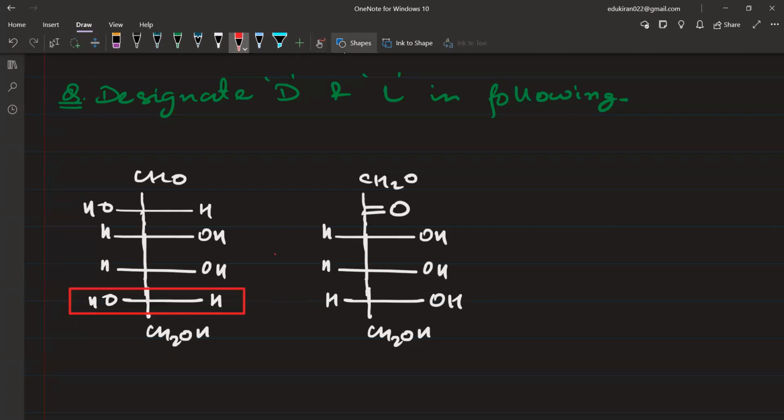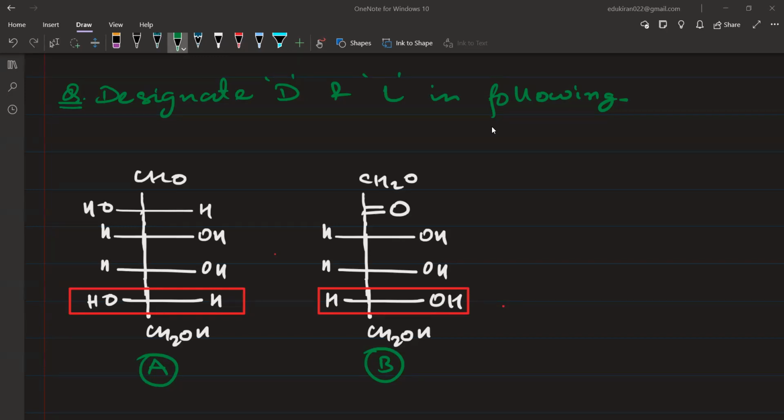आपको बस यहाँ पे देखना है डी और एल अगर आपको डिस्क्रिमिनेट करना है, बट अगेन प्लीज रिमेंबर इसका स्टीरियोकेमिस्ट्री से कोरिलेशन नहीं है। तो बताइए दिस स्ट्रक्चर विल बी व्हाट, डी और एल, ये डी होगा या एल होगा? OH कौन सा साइड में है, लेफ्ट में है या राइट में है बताइए? A एंड B, A विल बी व्हाट, हाँ सारा करेक्ट।